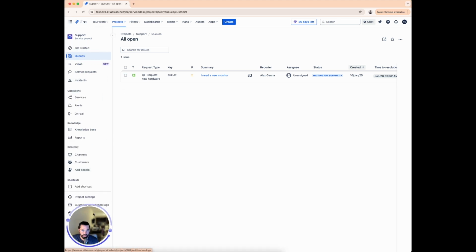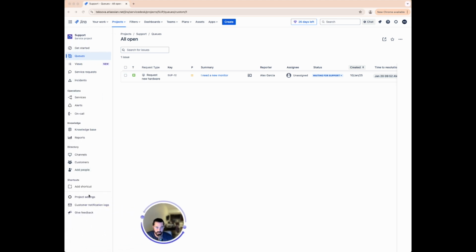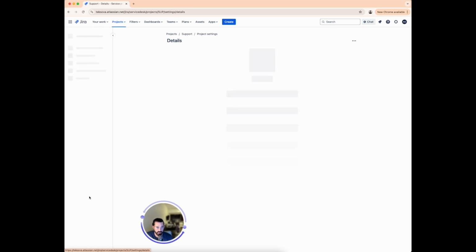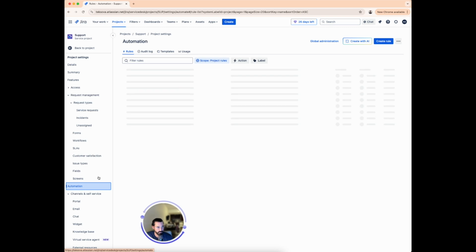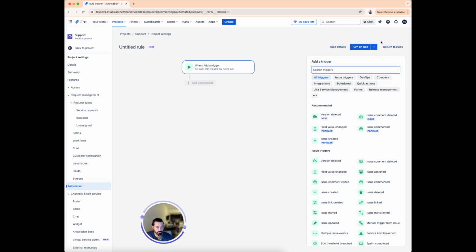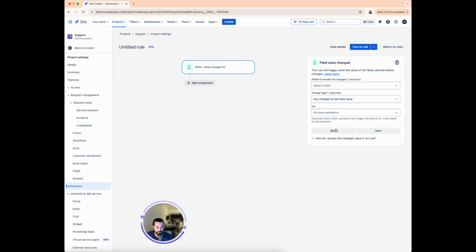We're going to go to our project. We're going to click on project settings at the bottom, then automation, and then click on create rule. So our first trigger is actually going to be when the value of an issue changes. And for that, we're going to choose the field value change option. We're going to select a field, priority,